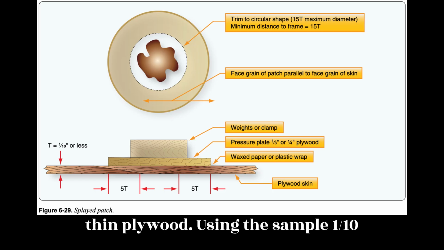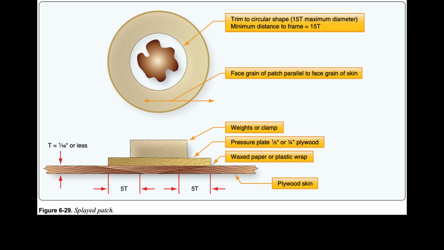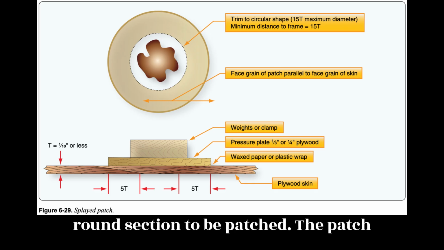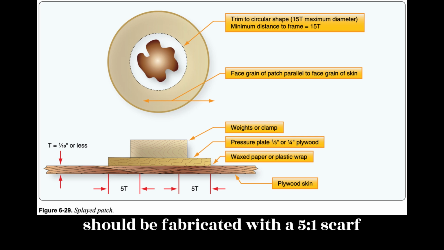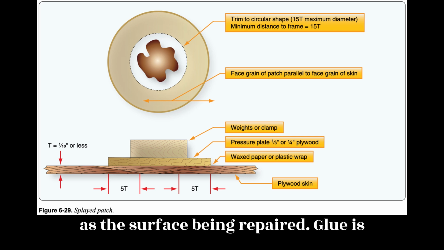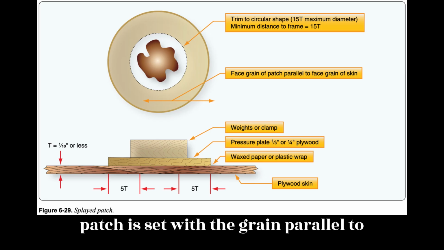Using the sample 1/10 inch thick plywood and a maximum trimmed hole size of 1 1/2 inches, and cutting a 5:1 scarf, results in a 2 1/2 inch round section to be patched. The patch should be fabricated with a 5:1 scarf, from the same type and thickness plywood as the surface being repaired. Glue is applied to the beveled edges and the patch is set with the grain parallel to the surface